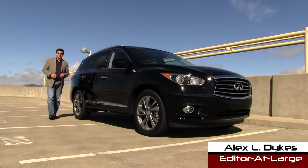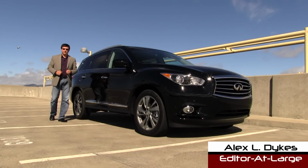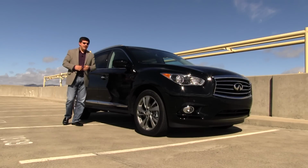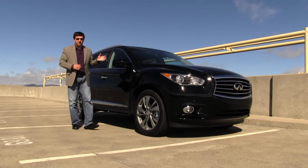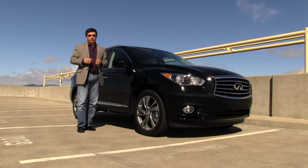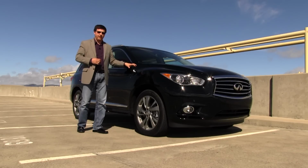This is the all-new 2013 Infiniti JX35 crossover. Now this is their latest fuel-efficient 7-seater crossover, and it's the mechanical cousin to the Nissan Pathfinder. I say cousin rather than sort of sister ship because there are some important mechanical differences between the Pathfinder and